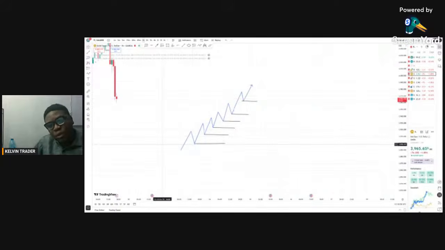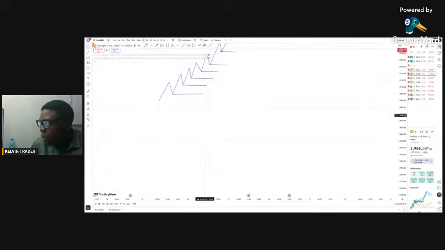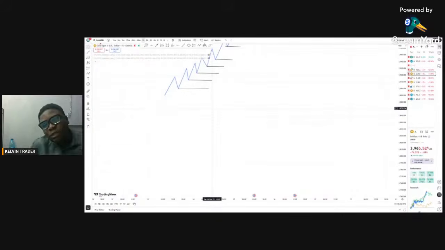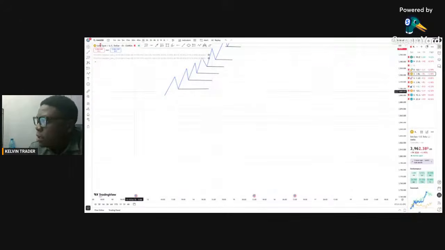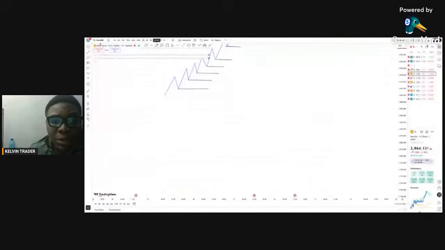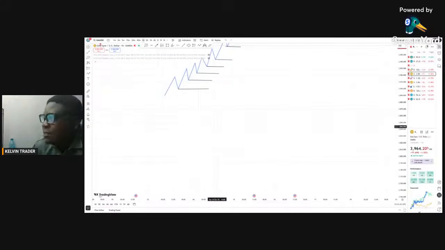So the first thing you do when you want to trade this gold chart is mark out the zones. You know why? In as much as they say gold is very volatile, it can be volatile to your own advantage. A little move can give you 100 pips. Our problem in this business is actually greed. If you can catch 100 pips with a good lot size, you should be done for the day. But people want to catch the whole market, something like that.